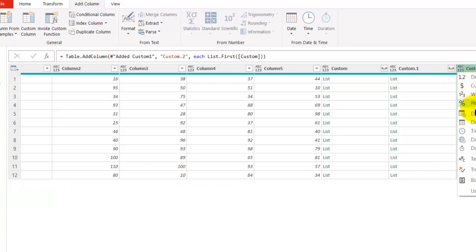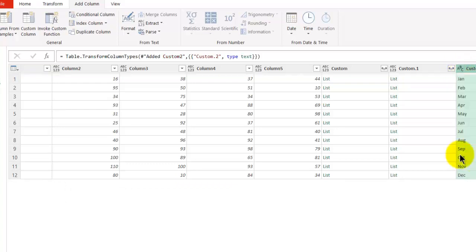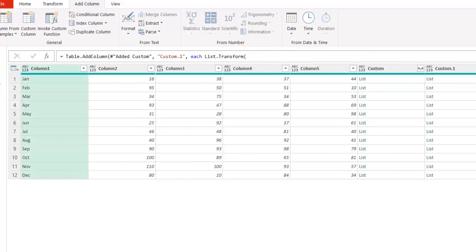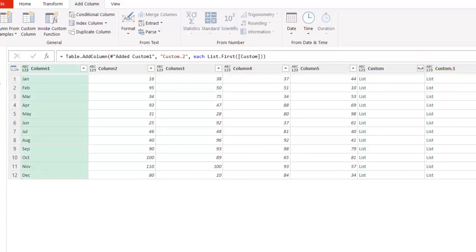Now if I just change it to a text value, what do we get? Okay, Table.TransformColumnTypes into text type. Okay. So it's kind of pending on this K here, and with this item. So